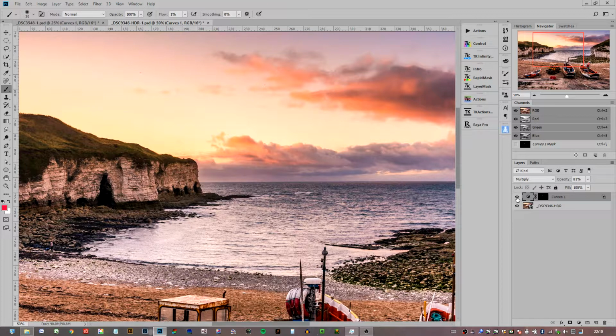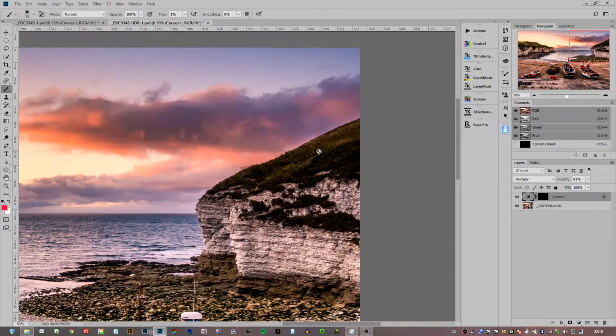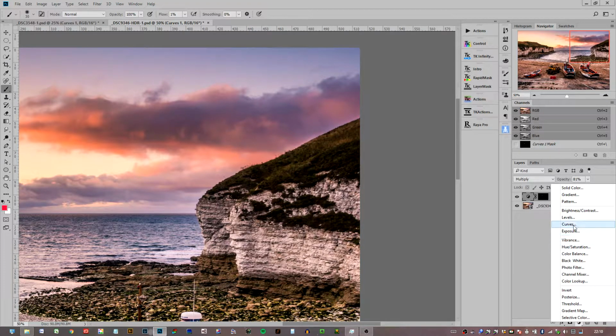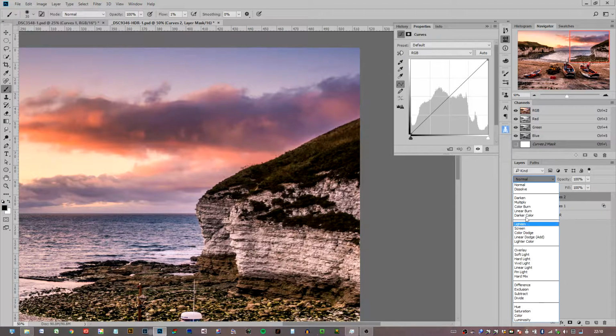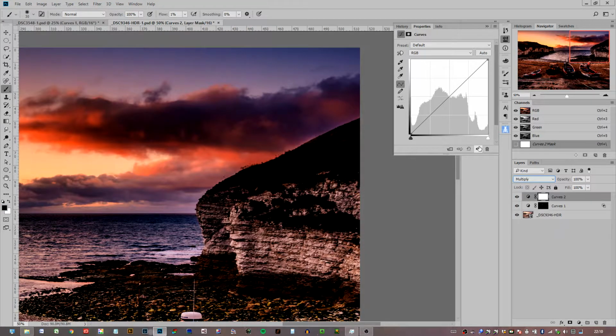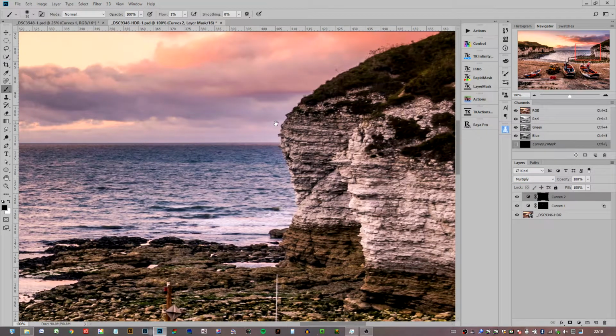That looks pretty good to my eye. Again, you might want to go in and tidy up your mask a little bit, but for the purposes of the video, I don't really need to. I'm fine with that. Now over here, because our tones are slightly different, I'm going to actually do this on another layer. So again, selecting curves, blend mode multiply, invert our mask, and then let's go in with our much